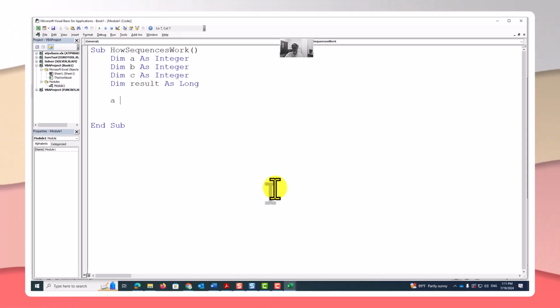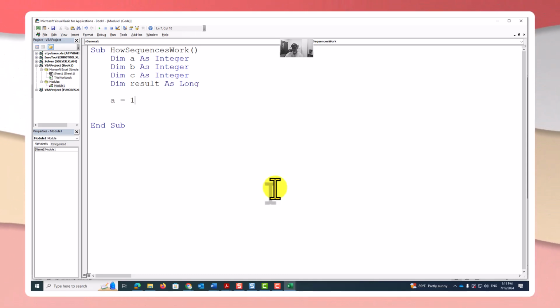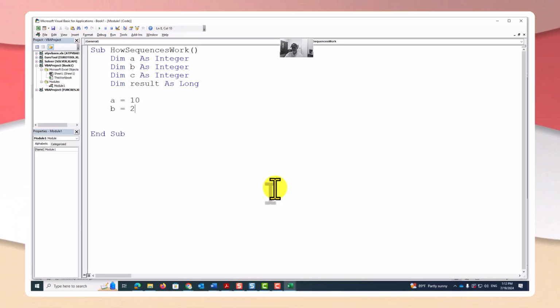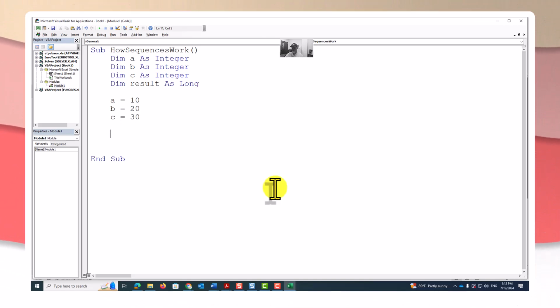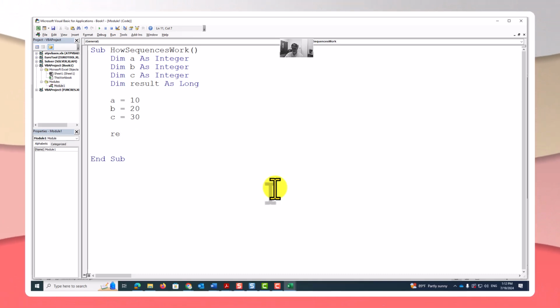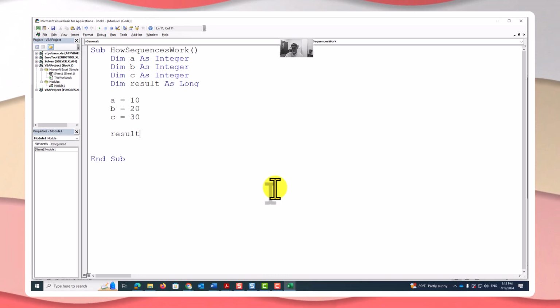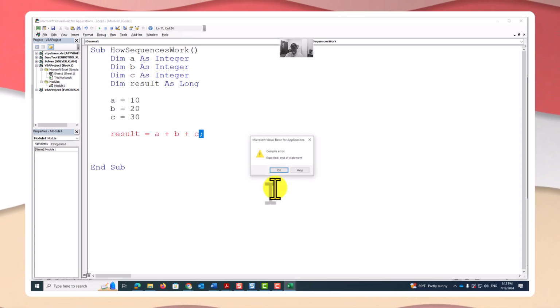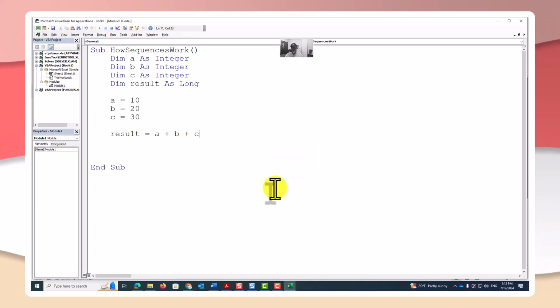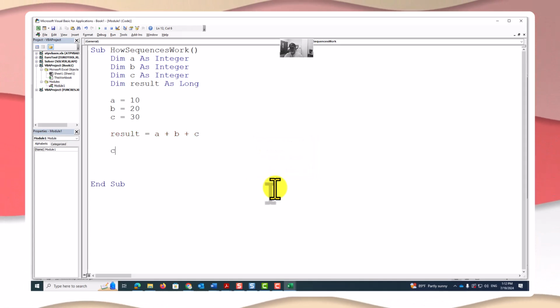So if I say here, I'm going to assign A to 10, and I'm assigning B to 20, just to speed up the process, and I assign C to 30. If I say result is result, of course, don't misspell here, no room for misspelling, A plus B plus C, and I wanted to write the result into cells,